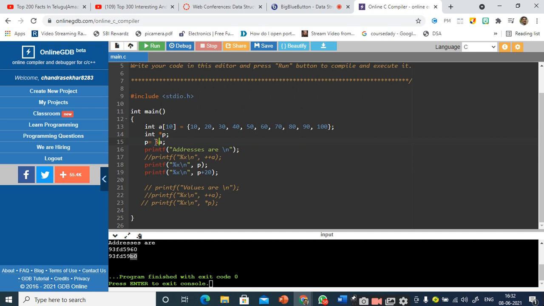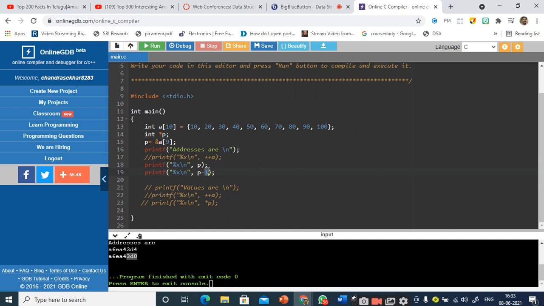Let me demonstrate the subtraction operation also, then we will close the session, right? Let us take the last element address. Now I am going to use p minus 1. Let us see what it is printing. So what is the last address I have? It is 3D4. Last 3 digits is 3D4. So if I decrement it by 1, that means I am decrementing it by 4 bytes. Therefore it is going to locate to the previous element.